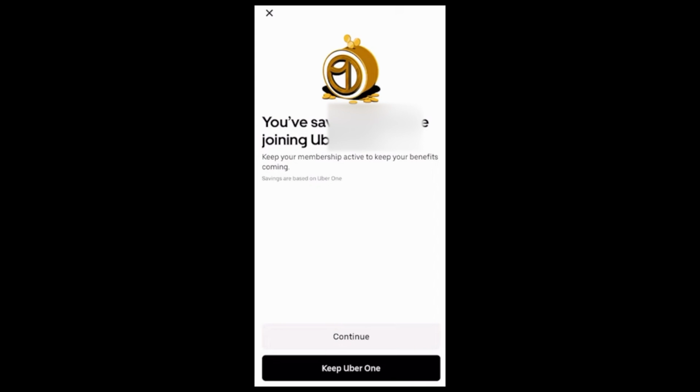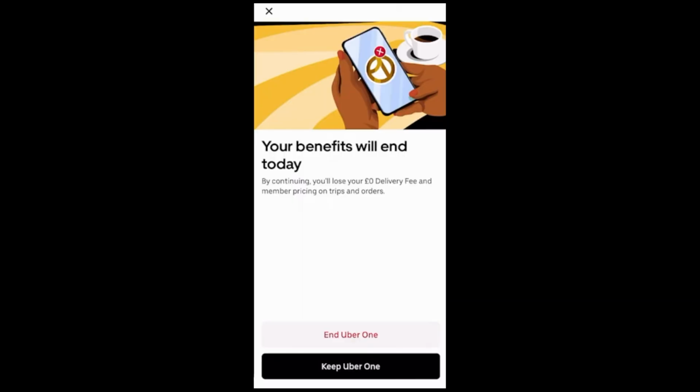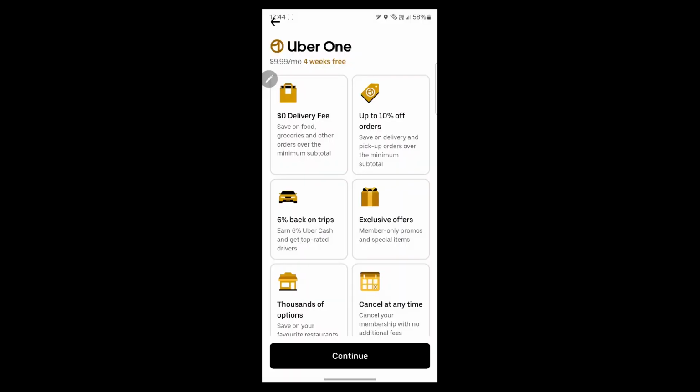After you click on continue, you will see a page saying you saved this much since joining Uber One. You'll have to click on continue, then click on end Uber One again on this page. When you click on end Uber One, this will take you back to your Uber Eats page and your Uber Eats subscription would have been cancelled. So that's how you can cancel Uber Eats